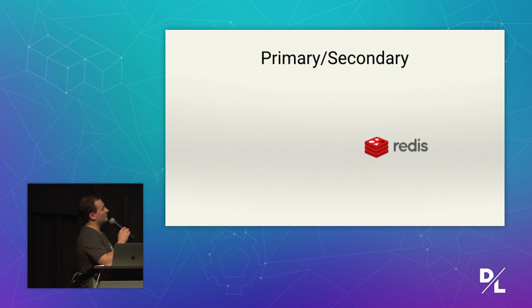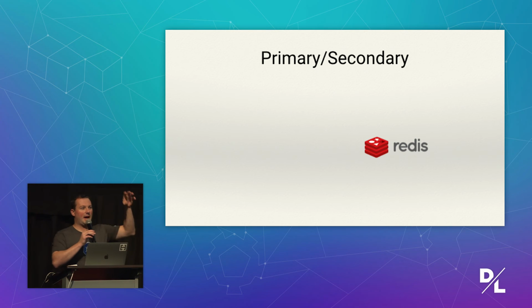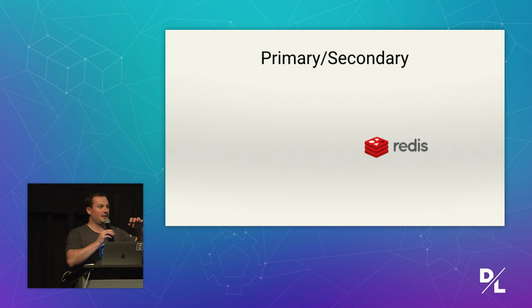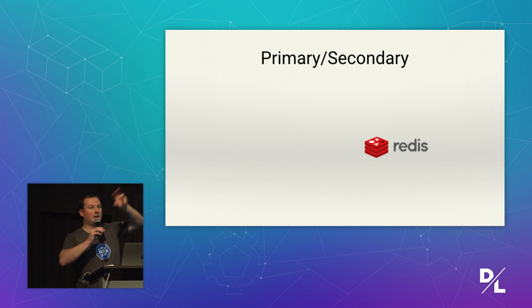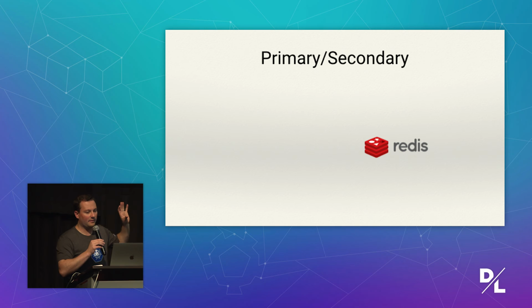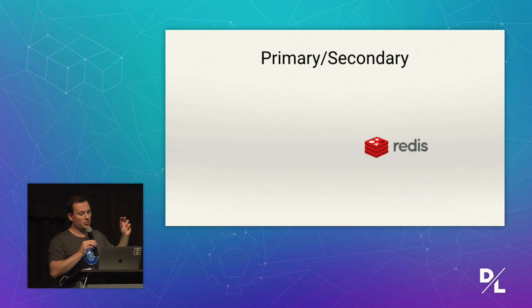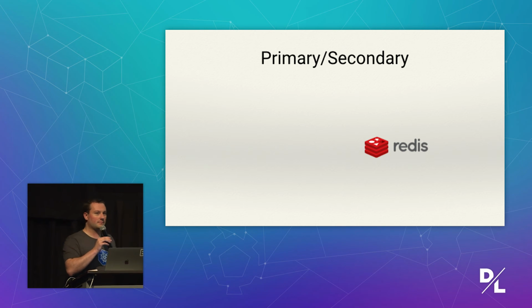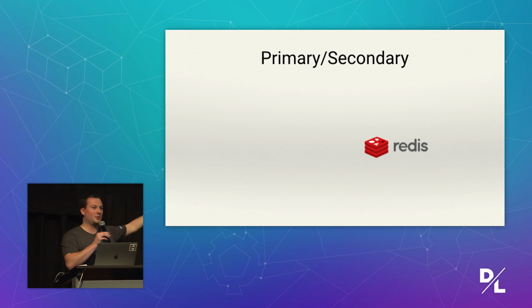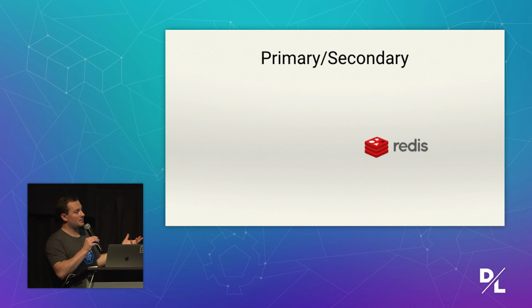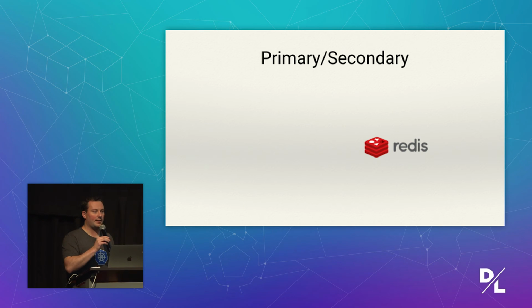If your database has some form of primary-secondary responsibility, where there's the master that's responsible for all writes, and then you have read replicas that can become the master, these you can run in Kubernetes, but you have to be very careful because that master-slave transition is messy. And on the tooling and systems side, there is no Redis operator. I have run Redis with Sentinel in Kubernetes. It's messy. It's not great. So you will likely have to build your own systems and your own tooling to help with that automated failover. And it can be fraught with peril.